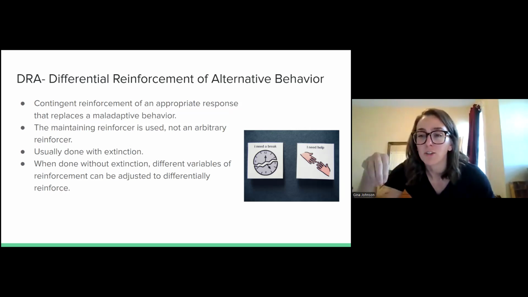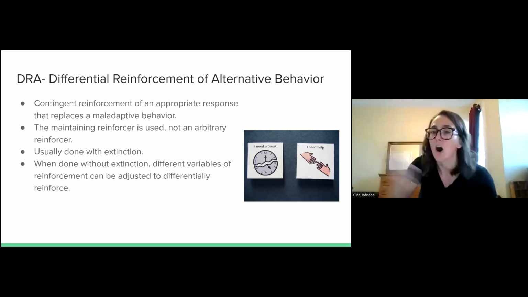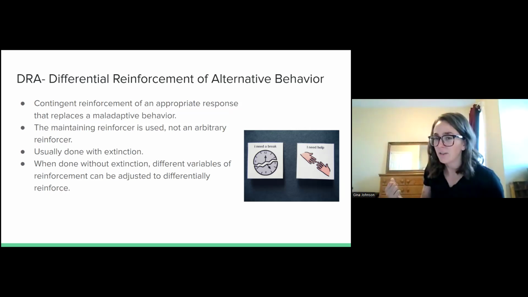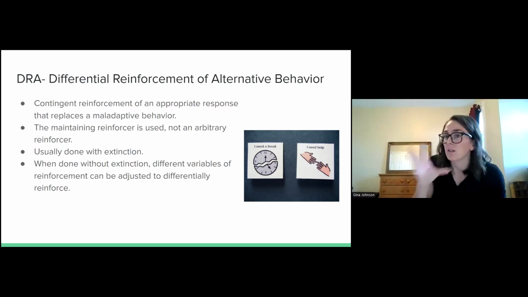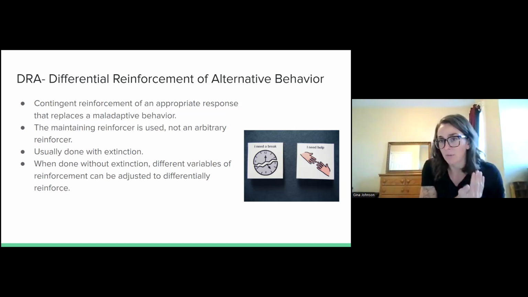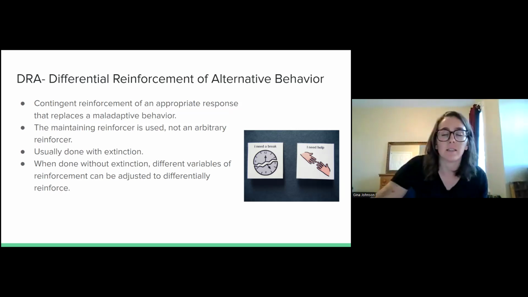So remember, when you're differentially reinforcing, you don't have to just shut off reinforcement for the other behavior that you're trying to get rid of. You can turn it down. It could be less magnitude, it could be less frequent, the quality could be lower. It could be a slightly less preferred reinforcer. So there are scenarios where the problem behavior is still getting reinforced, but as long as we're making sure our replacement behavior is getting better, more frequent, or higher quality reinforcement, these can still be effective.